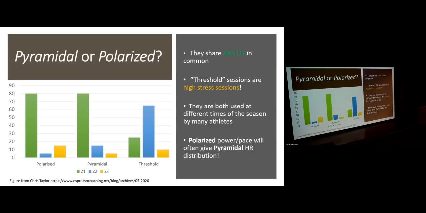If you're a marathoner, then a threshold session is race pace, and it will be hard by a function of its duration. If you're a rower, you will probably be doing more of the zone 3 work because that's race pace, and it will be more challenging by a function of its intensity. But they're both very high stress workouts, and they have their place. And in the course of a season, you may see a progression from pyramidal towards polarized in the buildup. So I would just argue that this debate, this discussion is a moot point in many ways,